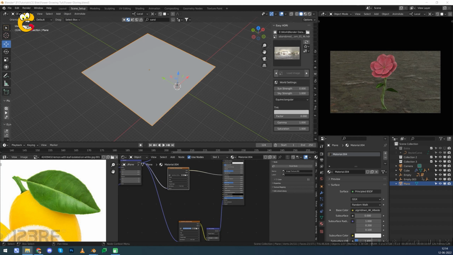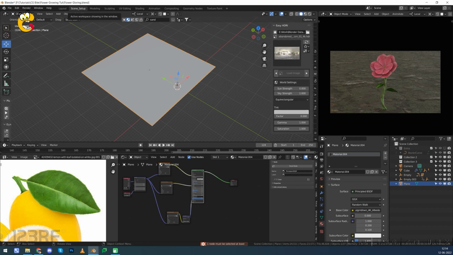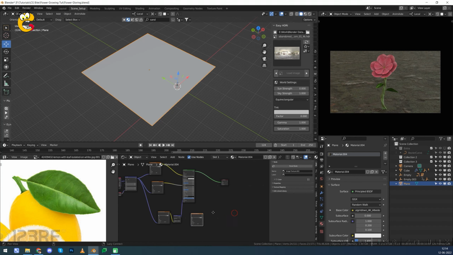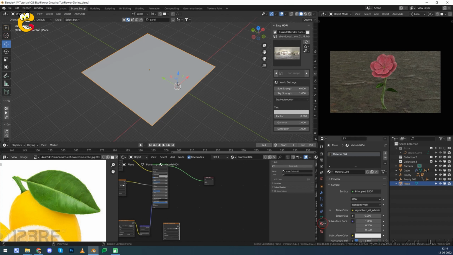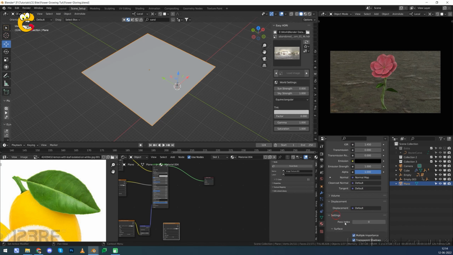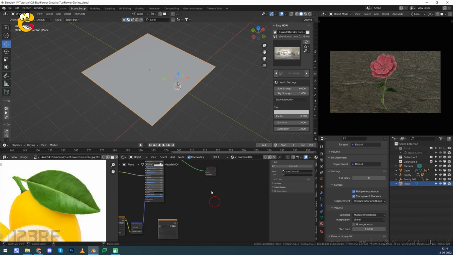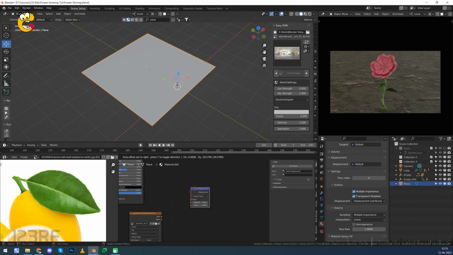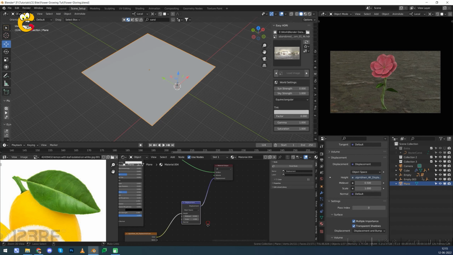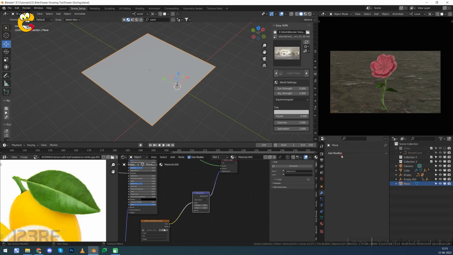Also we have displacement or transmission. Try the displacement map. So for displacement we have to just go to material tabs, and in settings we can change this value to displacement and bump too. Now create displacement, not vector displacement, just a displacement, and then put this to height and put this to this, and also go to modifier